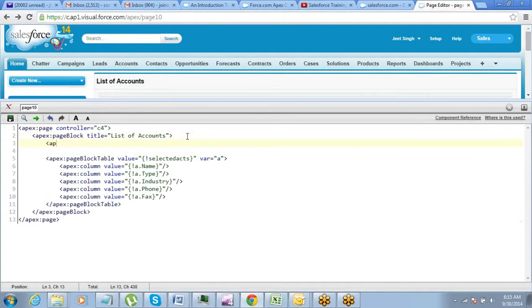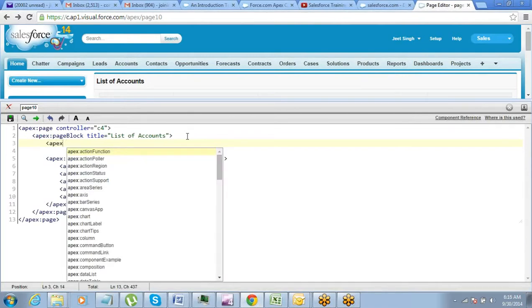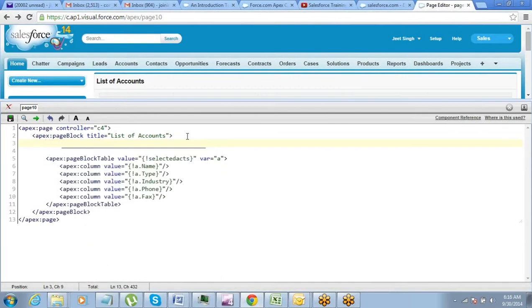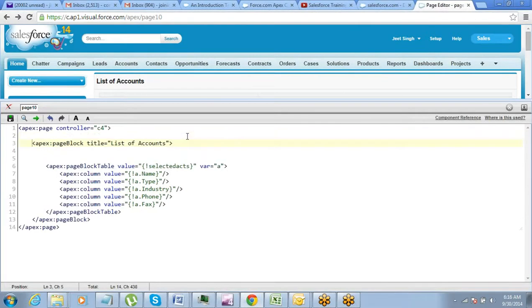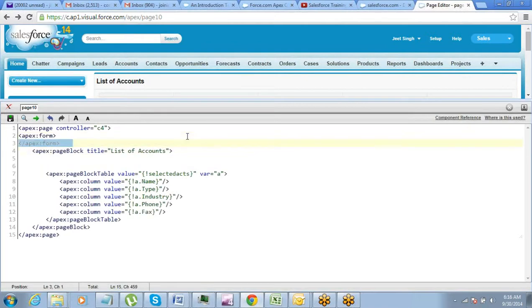Before you create a button on the page, what is the other thing that we require on the page? An Apex form, right? Command button is a form component, so you will call the Apex form.